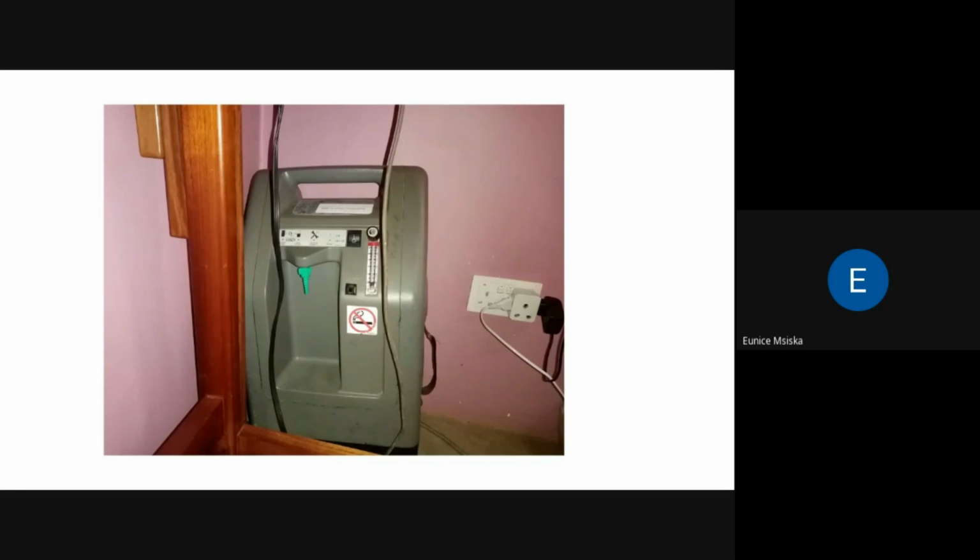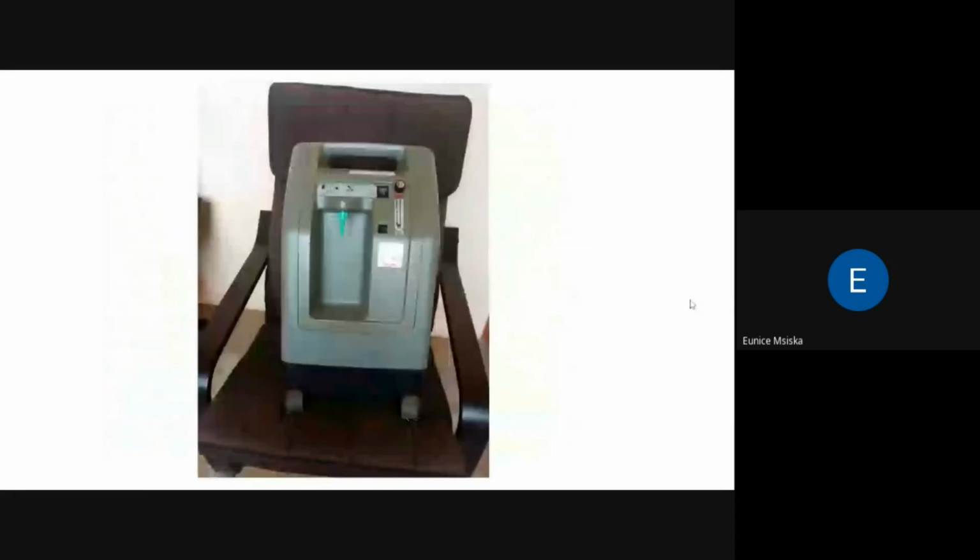So make sure that whenever you are placing your oxygen concentrator, it should be in an environment that is free of cables or any other thing that can obstruct the flow of air. Placing the oxygen concentrator near the wall or close to any other obstructing object can also cause the oxygen concentrator to overheat. This is because the wall blocks the air circulation vents from either releasing heat from the concentrator into the atmosphere or introducing cool air from the atmosphere into the concentrator. So this also results in low oxygen purity.